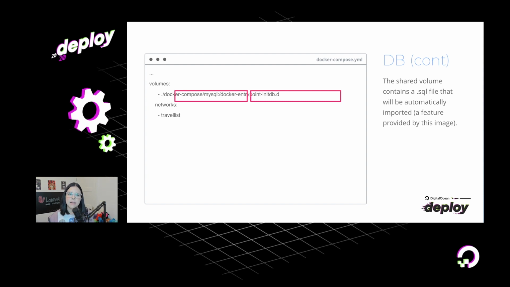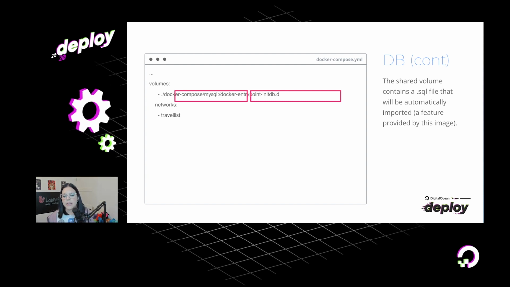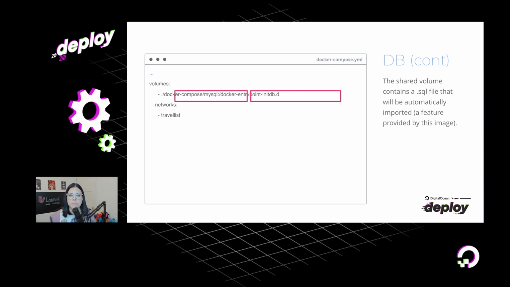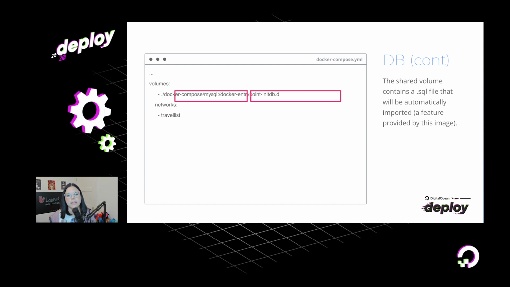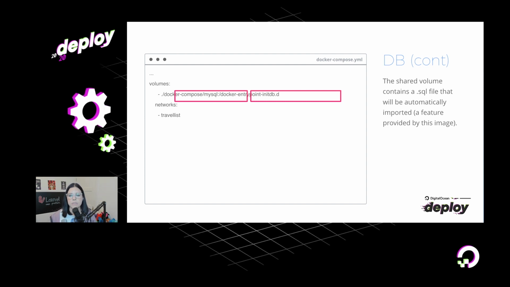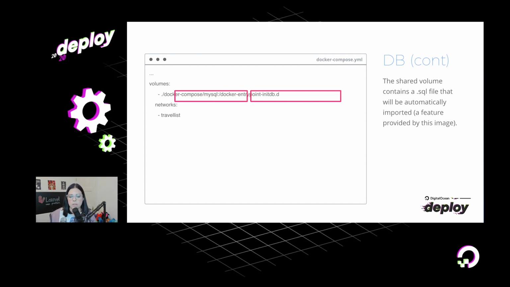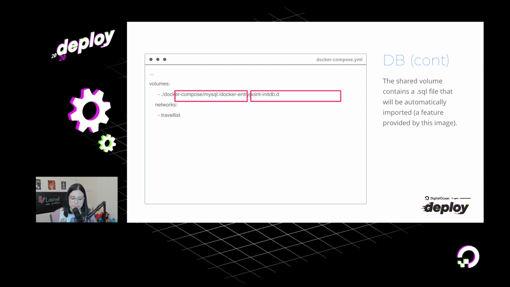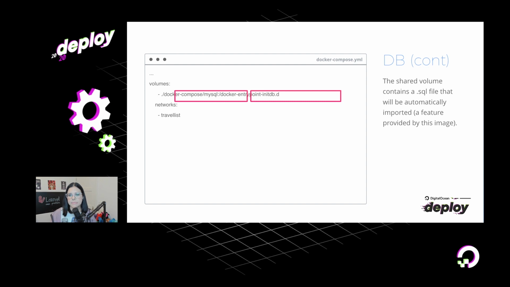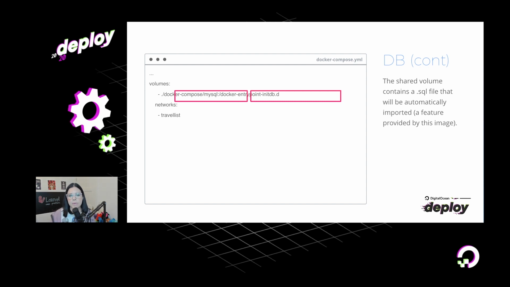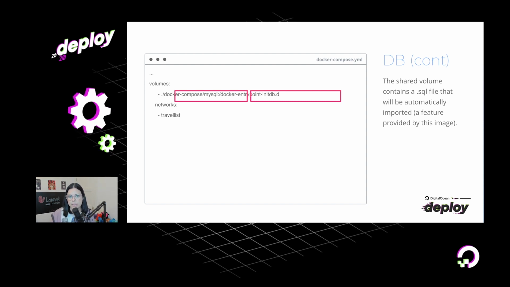This speeds up setting up your environment a lot, because if you destroy it and you get it up, it's just going to be up and running very quickly. You don't need to run migrations and all the database setup tasks, you know? So this is one way to do it. And then finally, you have the networks, same network definition.